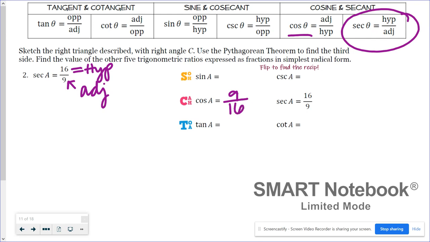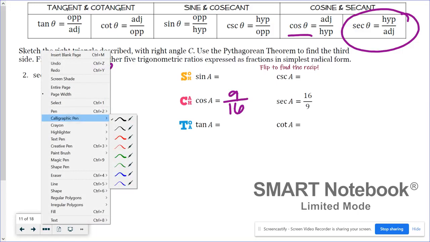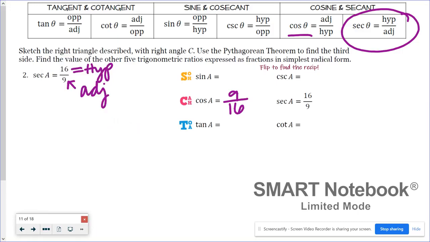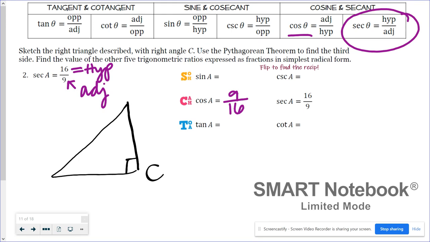Now, the directions say that we should sketch the right triangle described with right angle C. So here is my right triangle. And they said the right angle is angle C. I know that the hypotenuse of this triangle is 16, and I know the side adjacent to angle A is 9. Where's angle A? Honestly, pick one of those 2 angles to be angle A. So I'm going to say this is angle A,